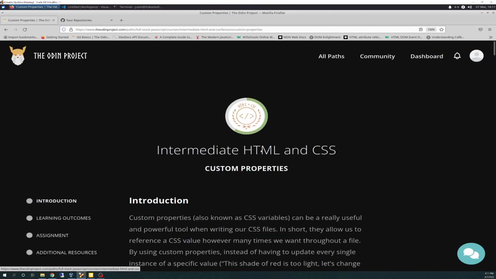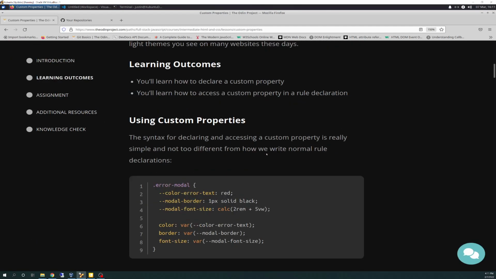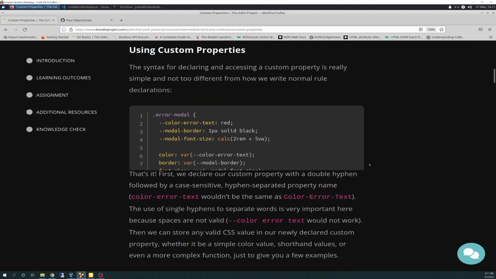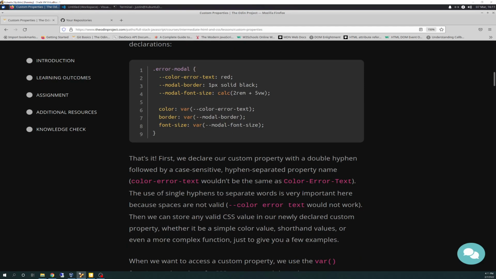And the last lesson is custom properties, and this one's new. We have seen the syntax before, but we've not covered it. This is the first time it's actually officially being covered, and this is kind of what it looks like. So you have var, and var is, I guess you could call it, a function. And it takes the attribute of color dash error dash text,